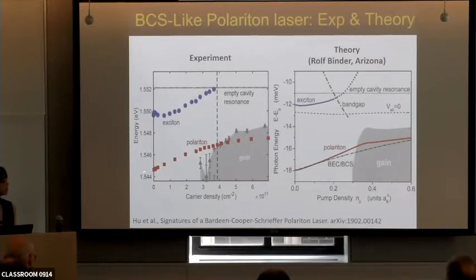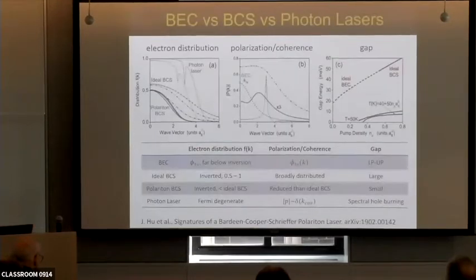So using the BCS model, he actually could reproduce the experimental results very well. And I'm not a theorist, but if you talk to him, he will tell you how confident he is, or how hard it is to reproduce it. So he has a lot of confidence in his calculation. And after that, we can use the model to look at a somewhat more macroscopic picture of what's going on in the system. Here's the comparison of the different limits.